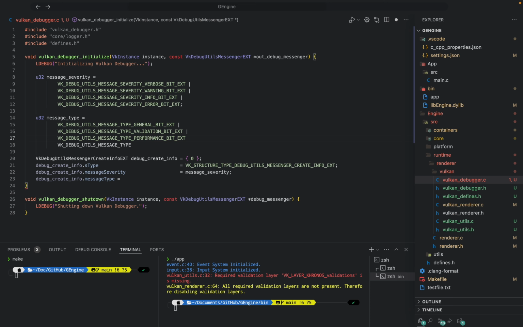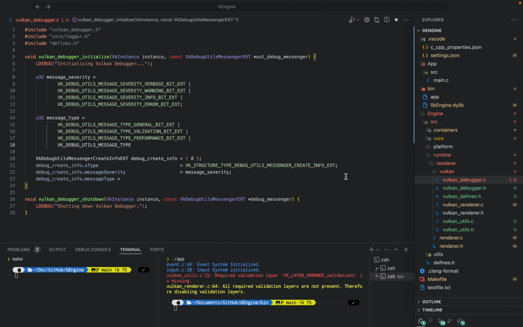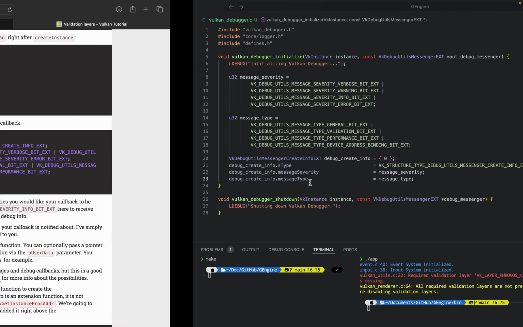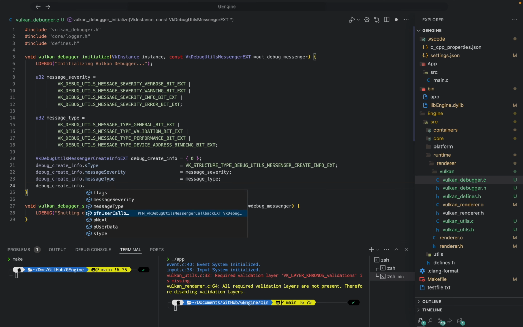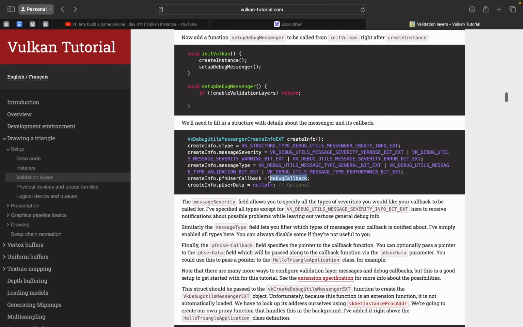performance. Okay, and then I want to add an extra one that they don't have here, and that one is just going to be device address binding bit EXT like so. Okay, and then I'm going to do message type like so. Clean, right? Then we're going to do pfn user callback. This will be our callback function. So let's do debug create info dot pfn user callback, and then this should point to a callback function,